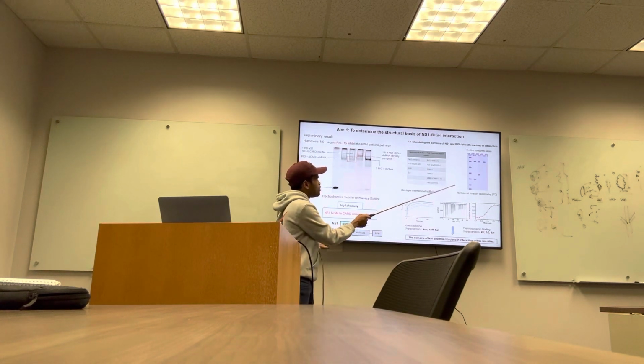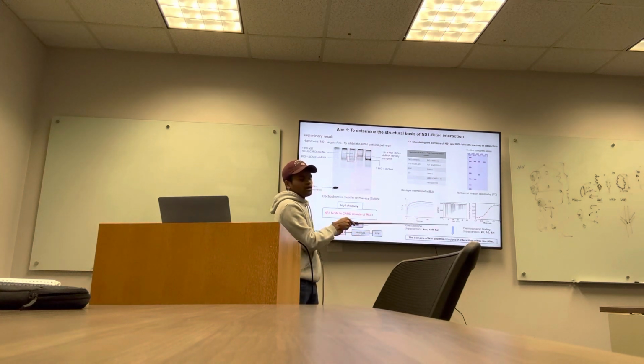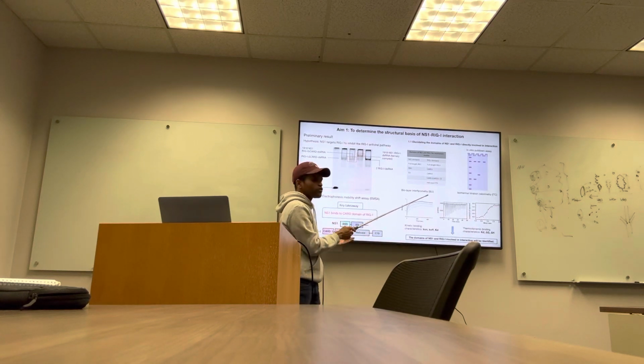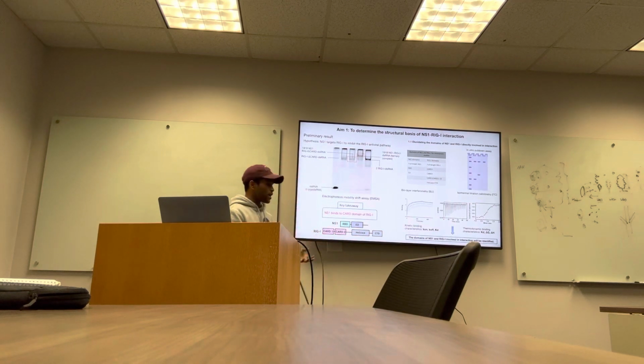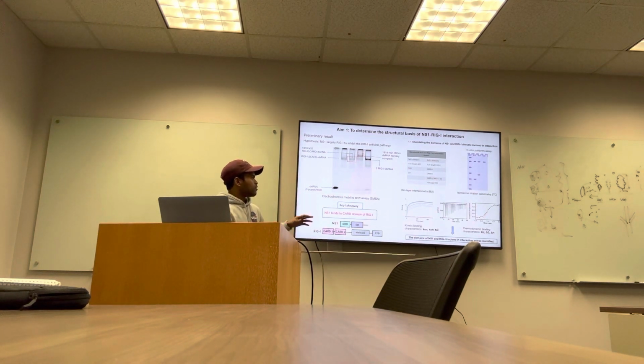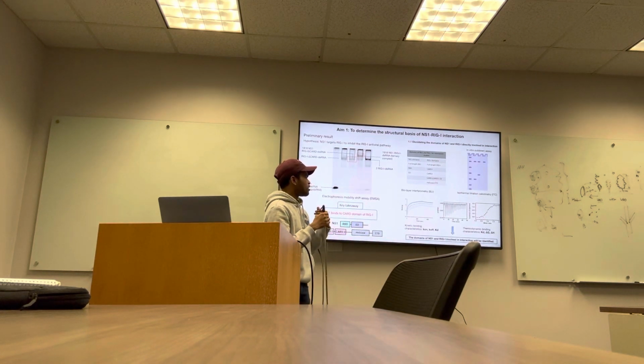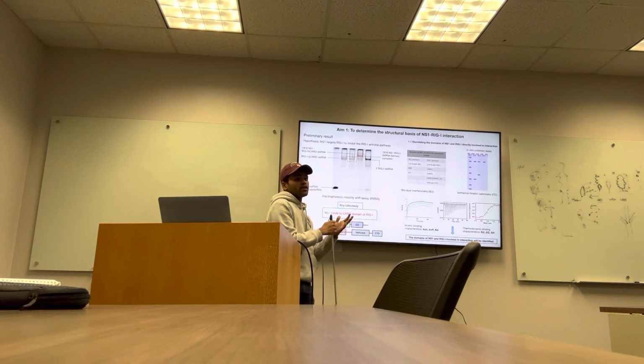The interactions between these different domains will be studied using different methods, for example, the in vitro pull-down assay. The observations from the in vitro pull-down assay will be confirmed and validated using biolayer interferometry and isothermal titration calorimetry, which would give us binding characteristics. For example, what is the association rate of these domains, and what is the affinity between different domains. Results from these studies would help us elucidate the domains which are directly involved in the interaction.